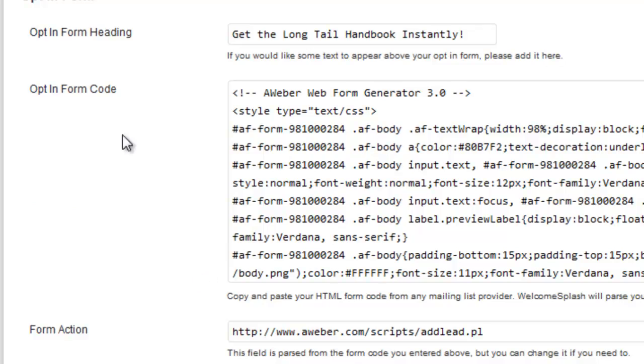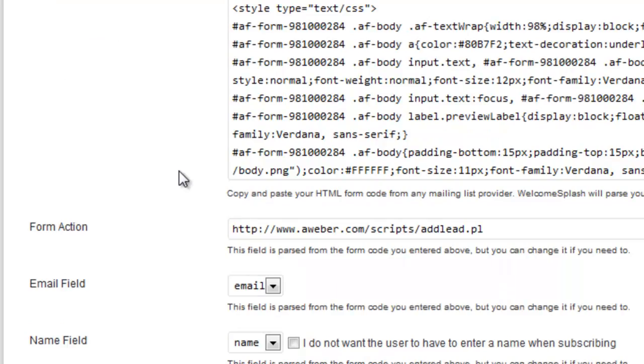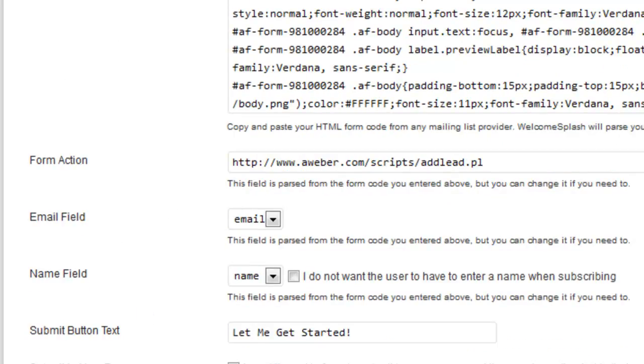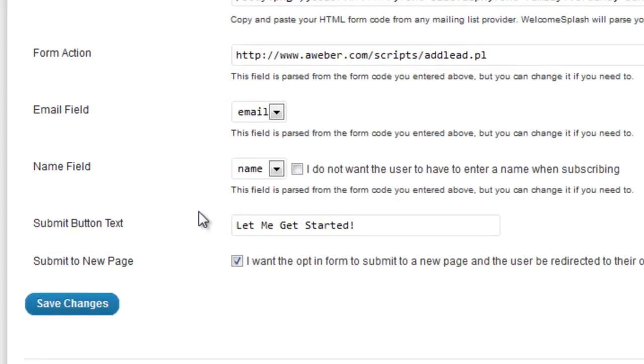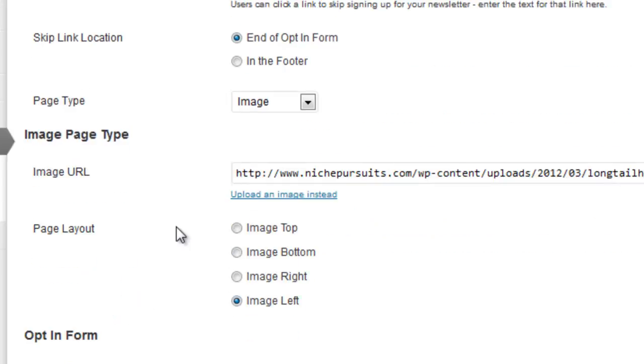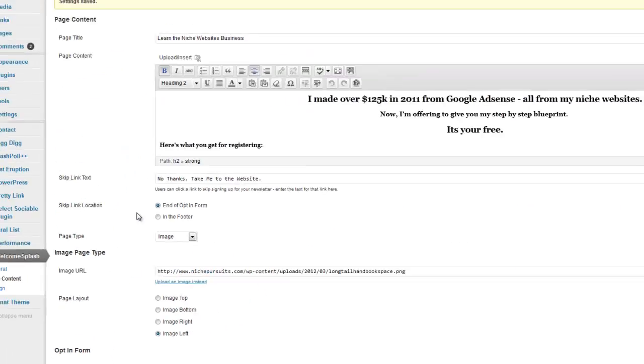Then of course you need to enter in the opt-in form heading, and then you can just paste in the email code from any popular email provider, and the plugin will automatically parse out the fields that it needs to create that opt-in form for you. You just input any custom text that you want in the submit button text to entice the user to click the submit button, and then you're essentially done. You hit Save Changes, and then you can move on to designing the look and feel of the actual